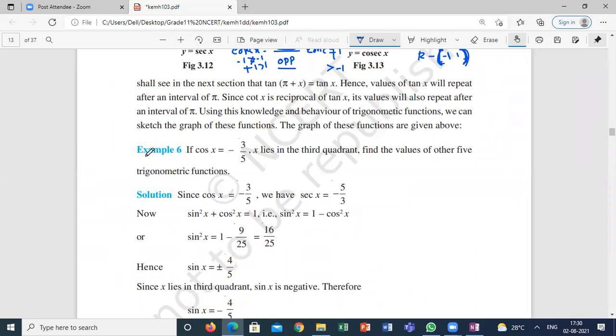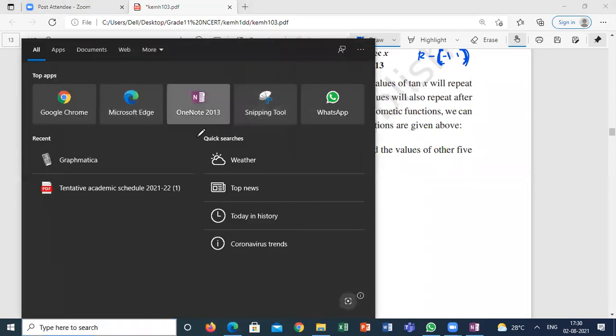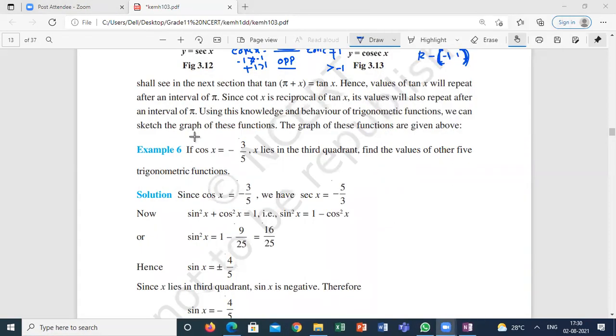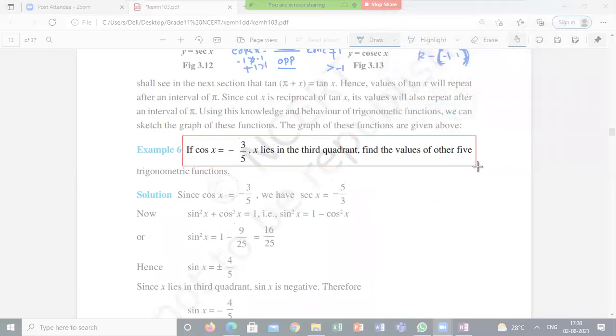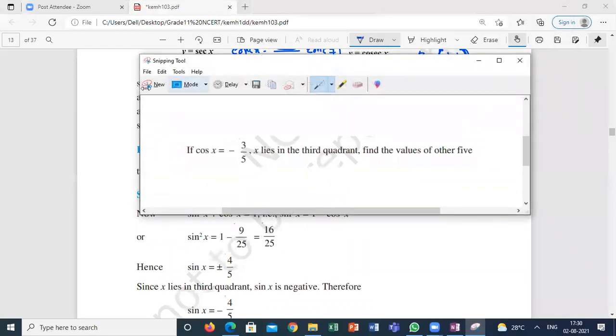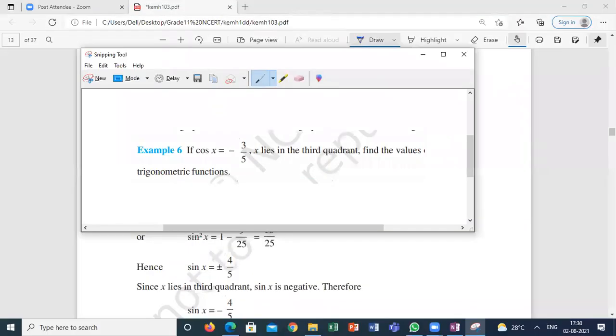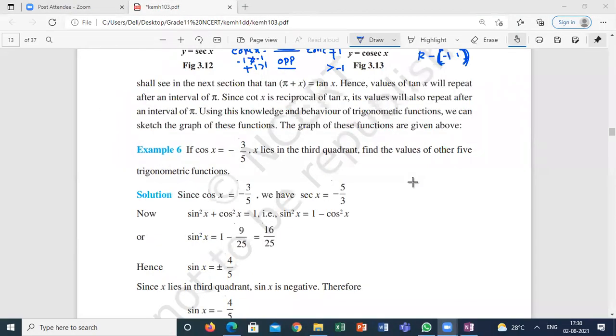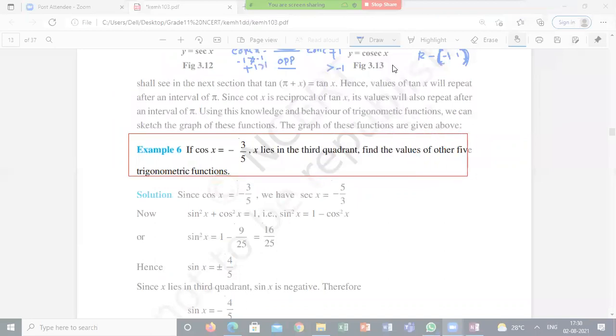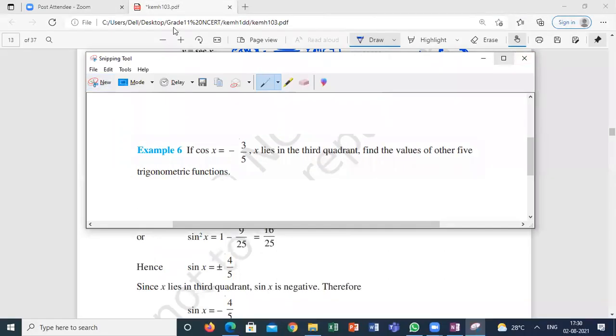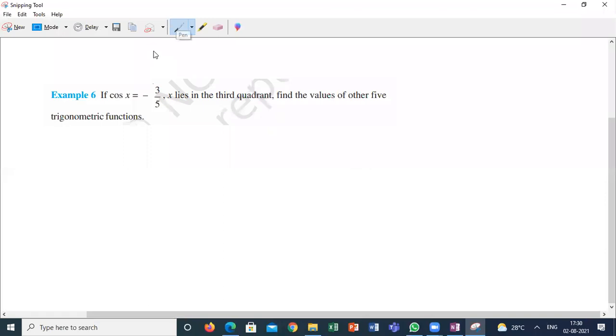Almost the theory is over. The only thing left is how to calculate the angles in different quadrants. I will explain that. First, we will start with some numericals. What does this numerical say? If cos x is -3 by 5,